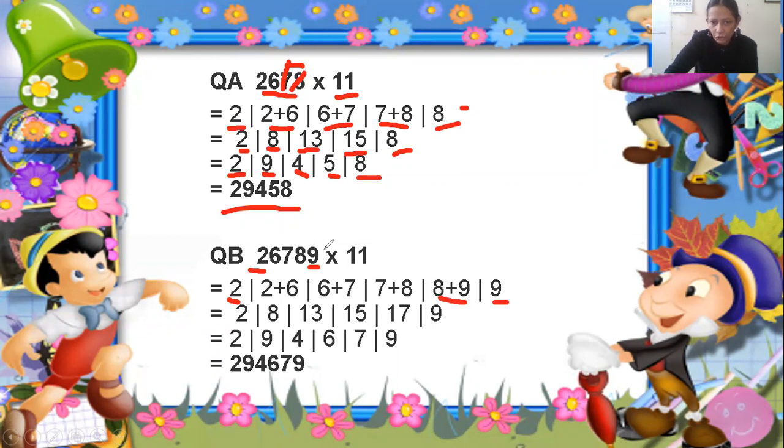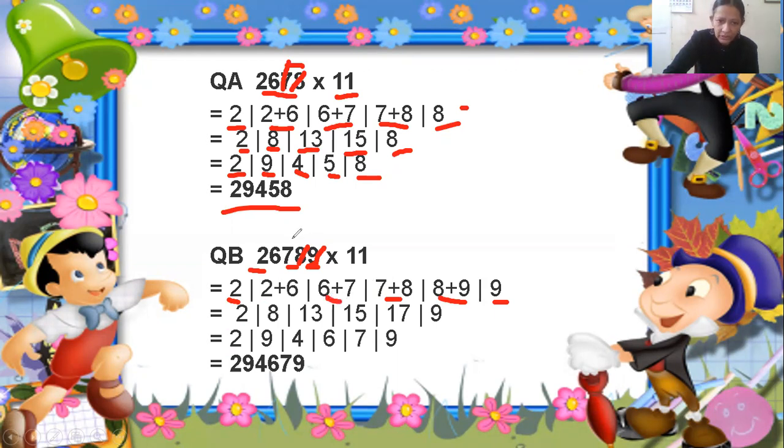Now you look at this question, ignore 9 because you have done the addition of this 9. Now take the next two digits. 7 and 8 are the next two digits. So put a slash here and write down 7 plus 8. Now ignore this 8. What are the next two digits when you ignore this 8? 6 and 7. So put a slash and write down here 6 plus 7.